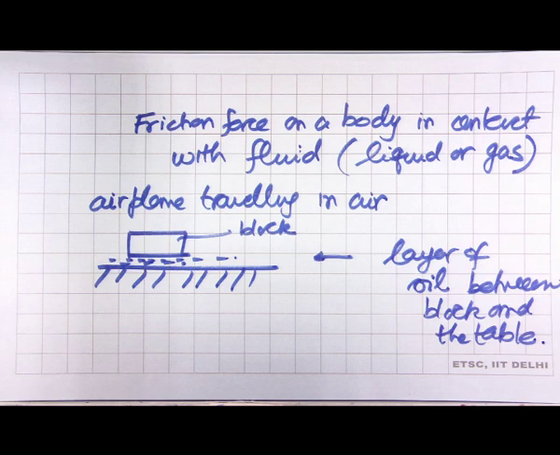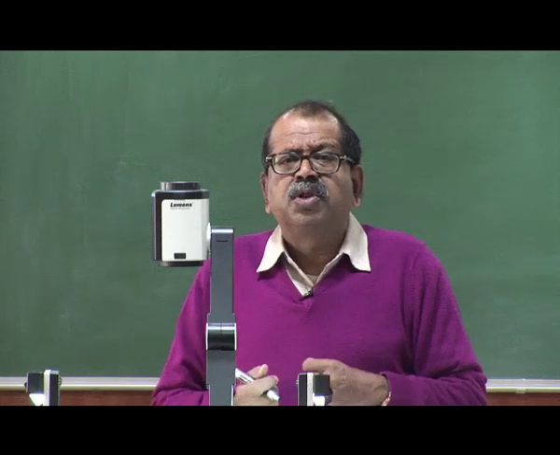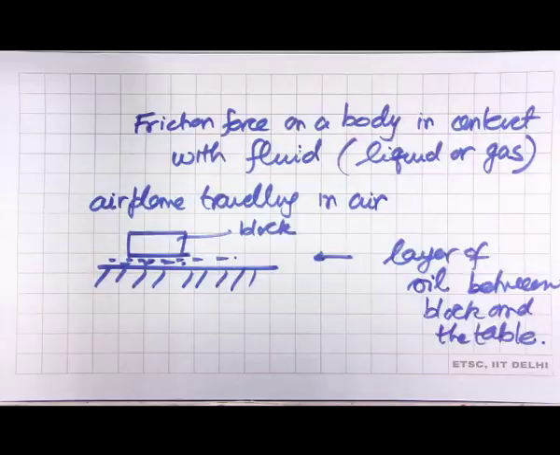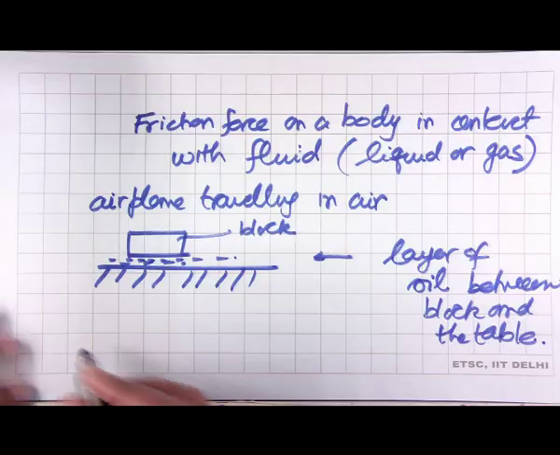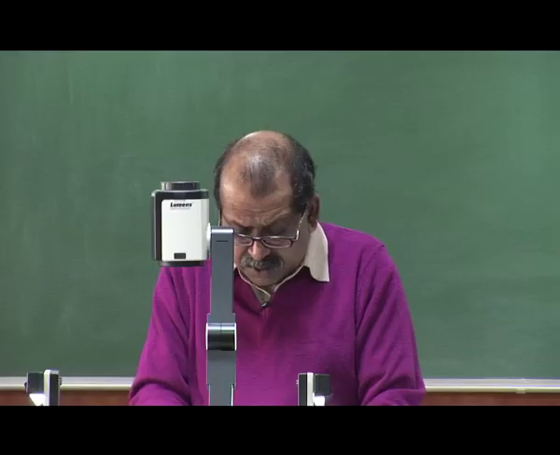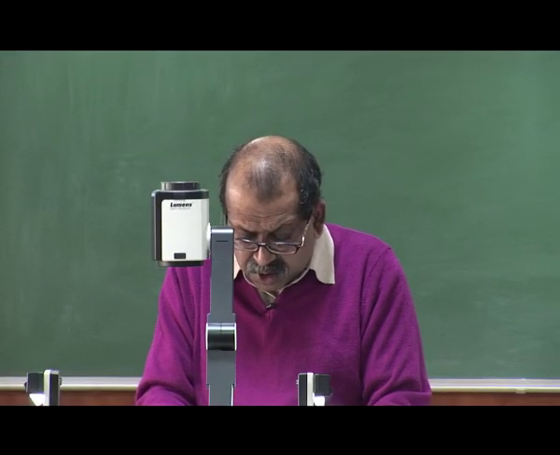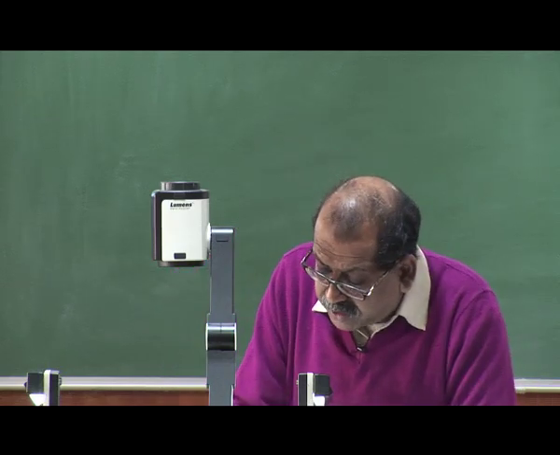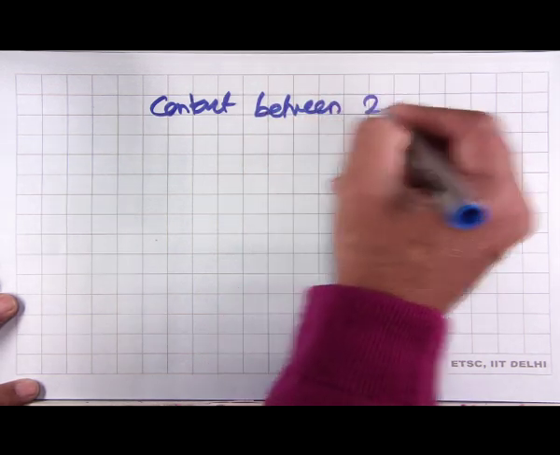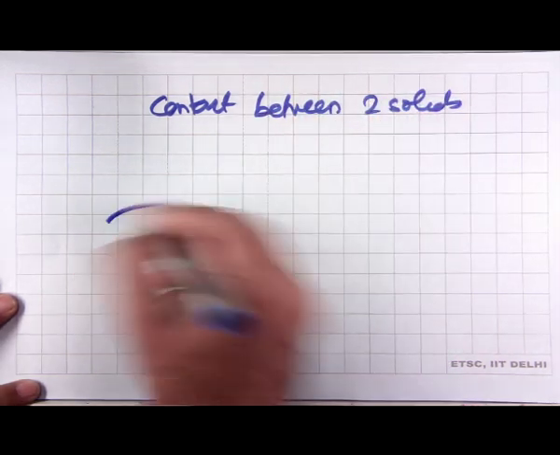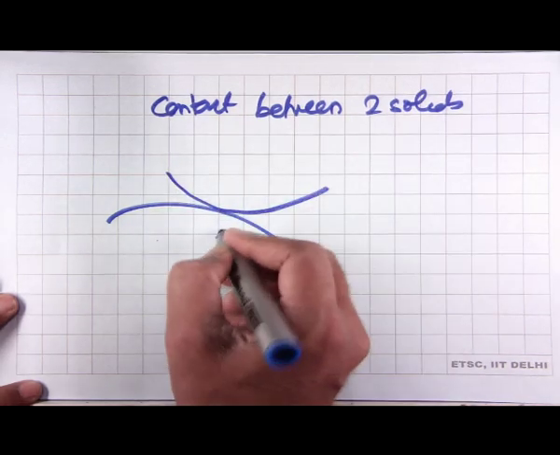So, in effect, what we are trying to see is the effect of this contact force of the liquid or of the gas on the body. What we have seen is when the contact is between two solids. So, let us first look at the case of Coulombic law of friction. When the contact is between two solids, so there is body 1 in touch with body 2,